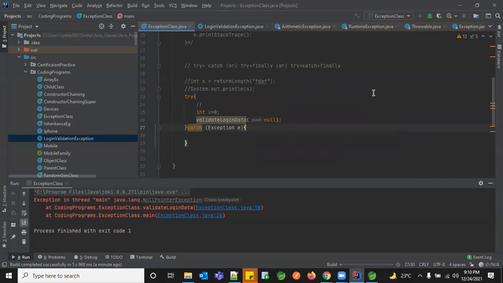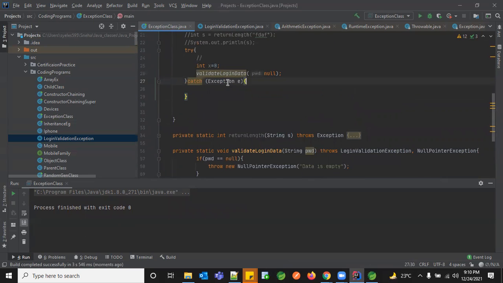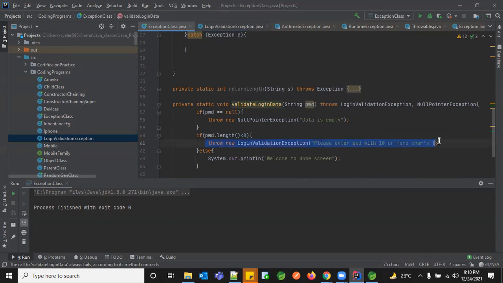Now let me run it. So what happened? I'm giving you an awareness that in this particular piece of code, you might get any of these two exceptions together, but together you will not be throwing it. You have to throw it explicitly, separately, and not together. So that will give you a compile time error. So the throw keyword can be used only one at a time, whereas throws can have multiple exceptions together. So any questions here in this, the next approach which we tried now?